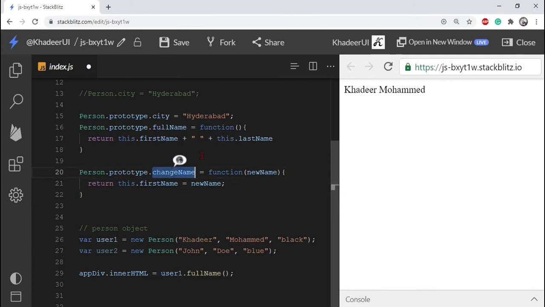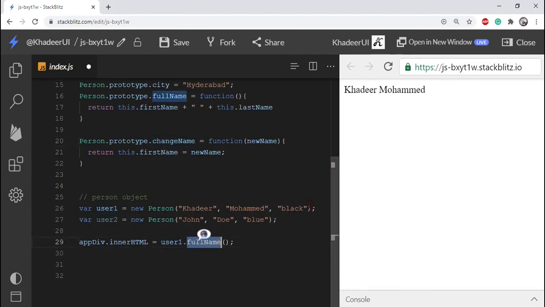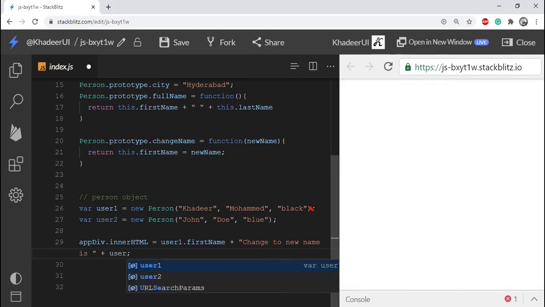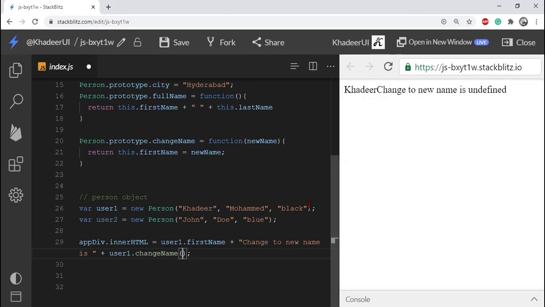Then display the old name, Khadir, and the new name. Write user1 dot changeName with the new name Ridak.